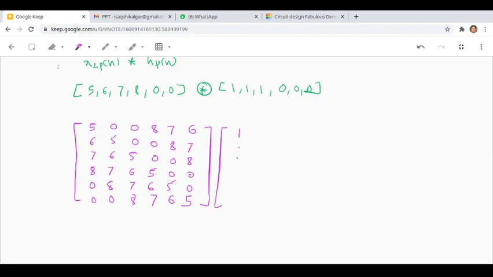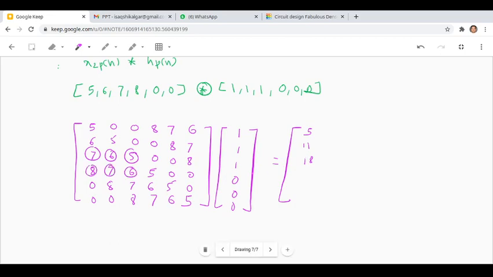Multiplied by 1 1 1, and this will give me 5 plus 0 plus 0, that is 5. 6 plus 5, 11. 7 plus 6 plus 5, 18. 8 plus 7 plus 6, 21. 0 plus 8 plus 7, 15, and 0 plus 0 plus 8 is 8. So this second result I write here: